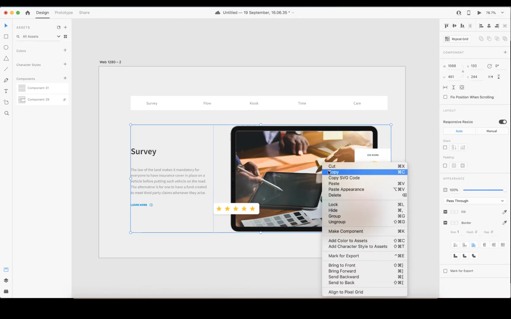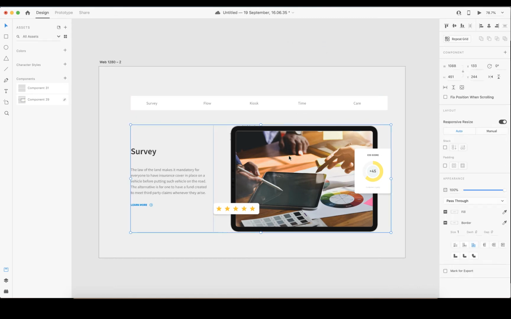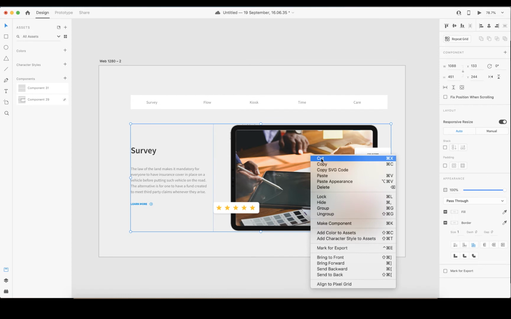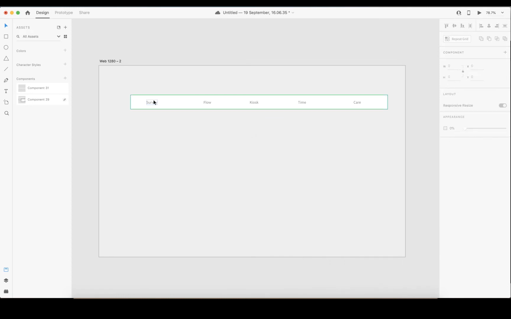You know what, let's copy it. Sorry, let's copy it. So let's have a copy. Let's drop this copy out of this artboard. So this one will cut it now. I'm dealing with this one now, cut it. So let's go to our